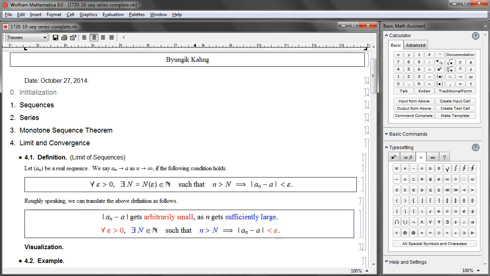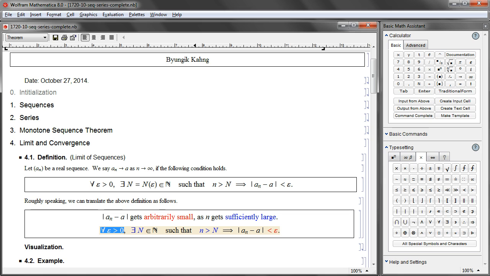Now, what do you mean by sufficiently large? The small n has to be larger than a certain bound, capital N, which is a natural number. And the bound for that arbitrarily small positive number, of course, was 0. Likewise, we have to have a bound for small n, and that bound is capital N. And of course, we are dealing with sequences, so all the indices are natural numbers, so that capital N has to be a natural number. So sufficiently large means there exists a certain bound, and arbitrarily small means